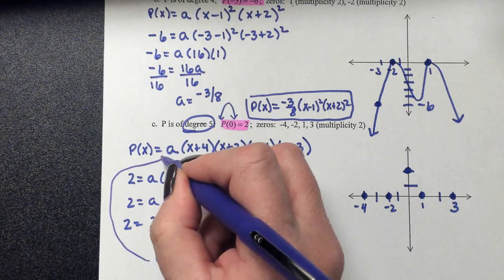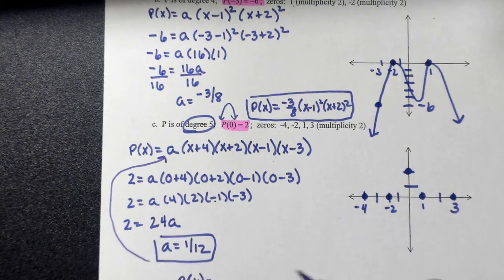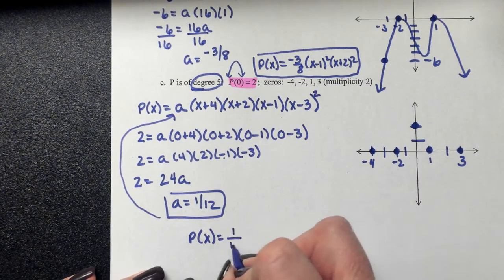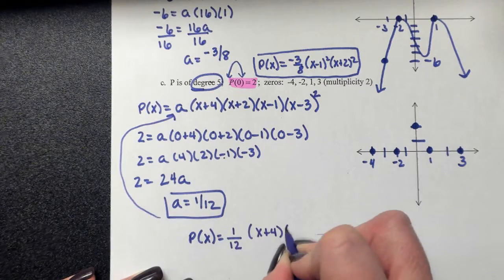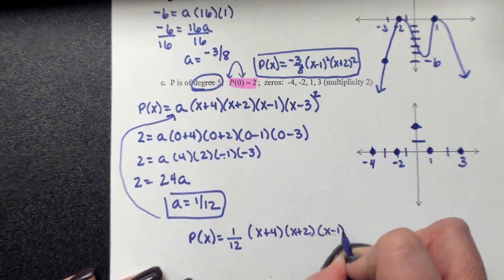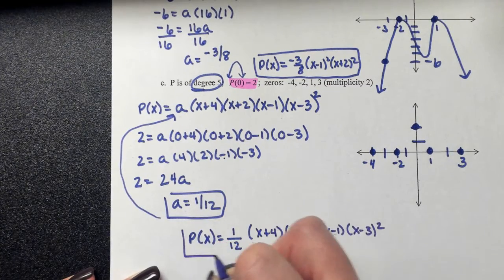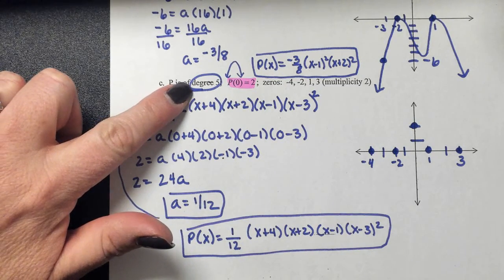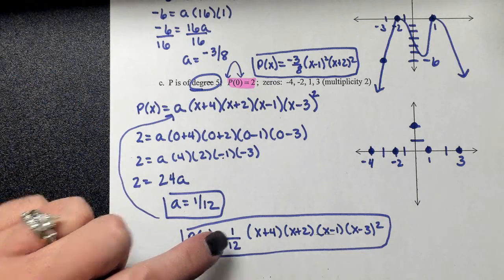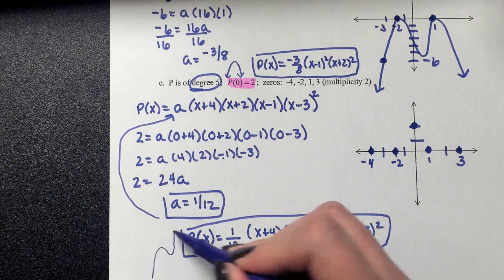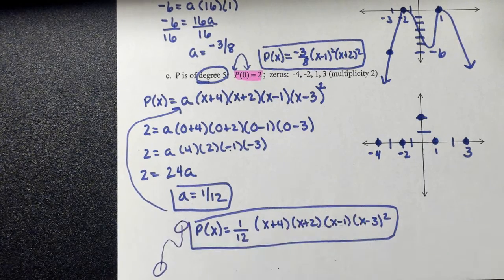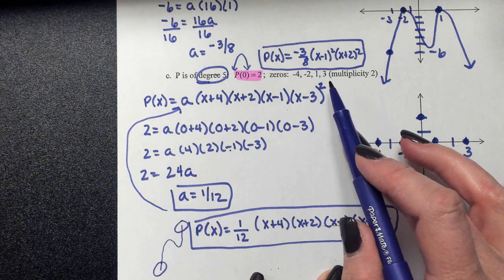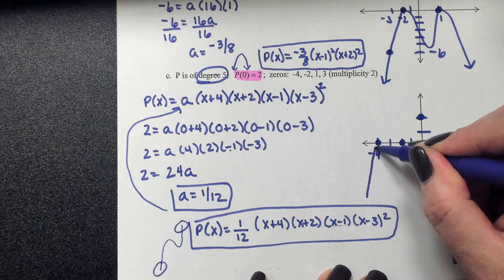So now I can plug that back into my polynomial function. Oh, don't forget this x minus 3 has a multiplicity of 2, so there's that 2 power. So I have 1/12 times x plus 4 times x plus 2 times x minus 1 times x minus 3 squared. I have an odd degree polynomial function. My leading coefficient is positive, so think about what your end behavior is going to be. I know that the left side will go down, the right side will go up. Again, I'm crossing at each x-intercept except at 3 where I'm going to touch. So I know I'm going to cross here,